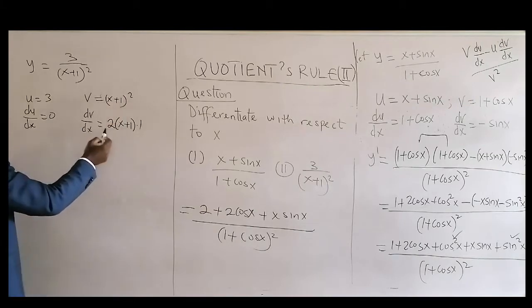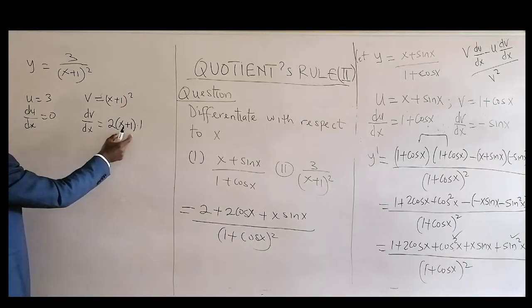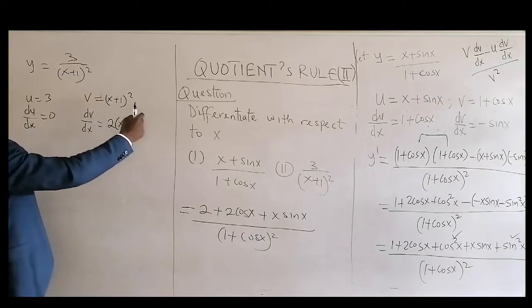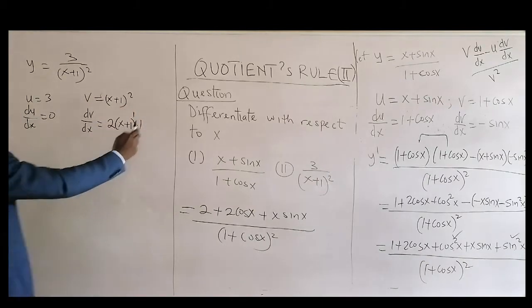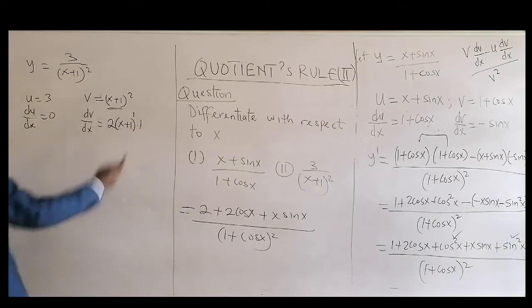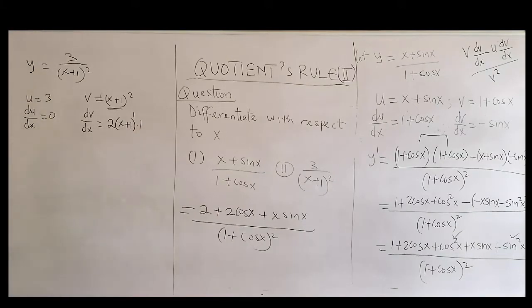This one will come to the front, times what we have here, and this one minus 1. So that's power 1 here. Okay. And then times the derivative of this, that's 1. Okay. But I'm going to explain that when you get to functions of functions. Okay. So then dy dx will be equal to